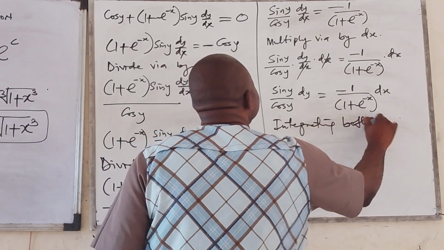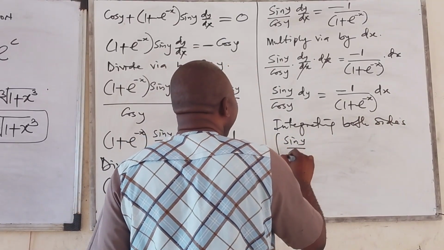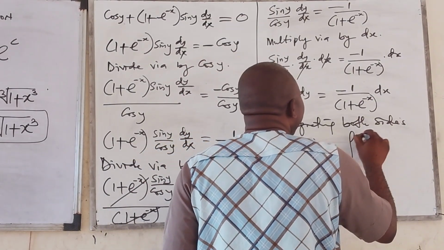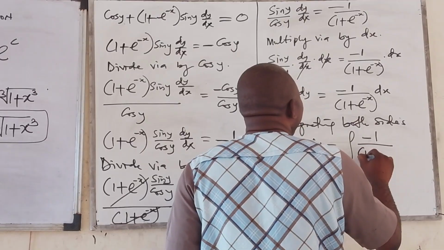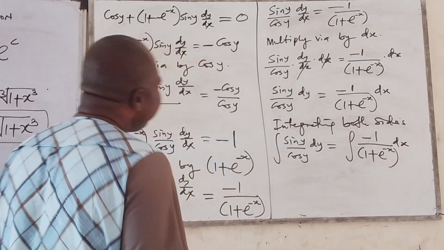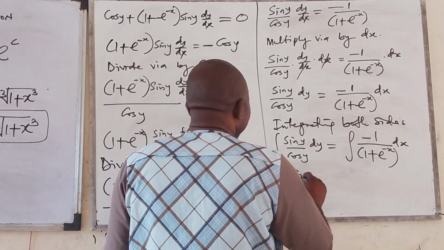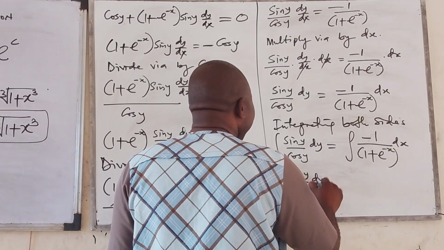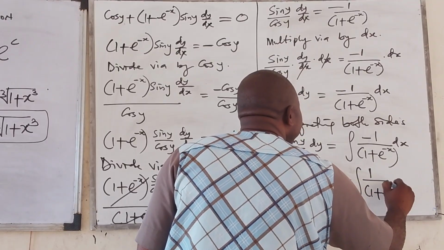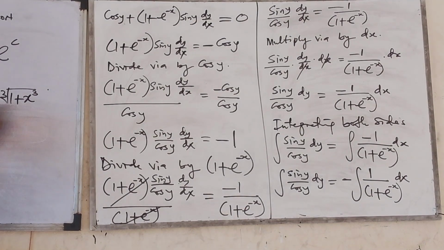Integrating both sides, here we have the integral of sin y over cos y dy equal to the integral of minus 1 over 1 plus e to the power minus x dx. So this is the same thing as saying the integral of sin y over cos y dy is equal to minus the integral of 1 over 1 plus e to the power minus x dx. So it means at this point,